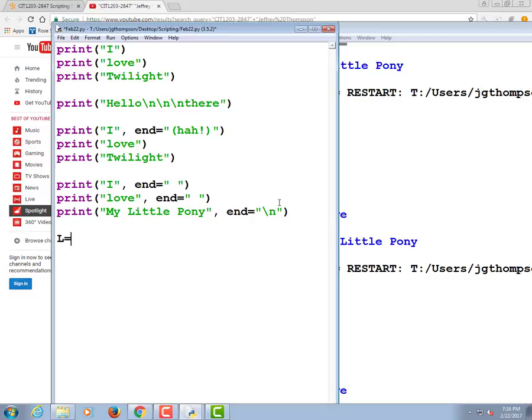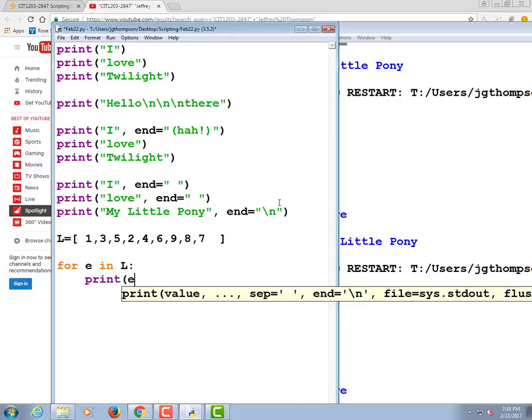List is equal to, numbers are easiest. Inside our blocky braces, 1, 3, 5, 2, 4, 6, 9, 8, 7, whatever. And then for each element, E is going to be my word for element, in the list. That's bad. I was starting to do another syntax. I was starting to do Java or C# there. For E in L, colon,